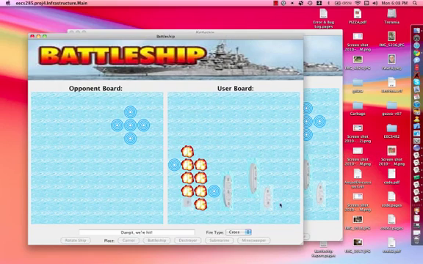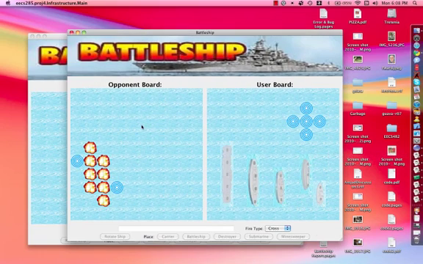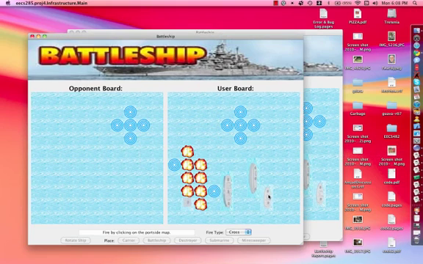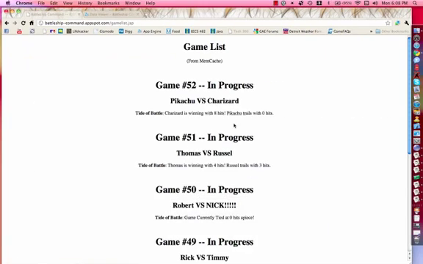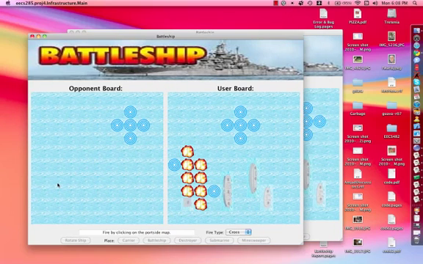Apparently, there's a little lag going here, but anyways, Charizard misses. It's the end of his turn. It's Pikachu's time to open fire. If I go back here, you can see that it is up to date with 8 hits, and Pikachu is trailing. So if Pikachu were to hit,